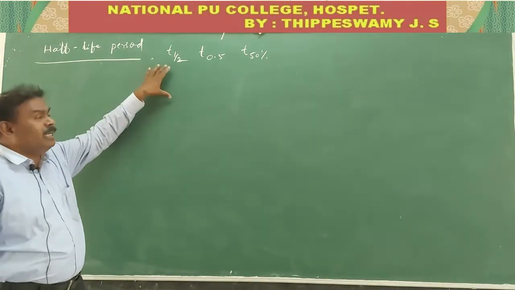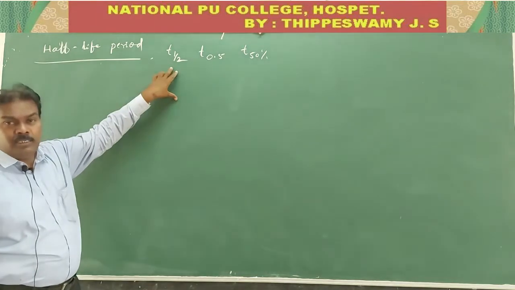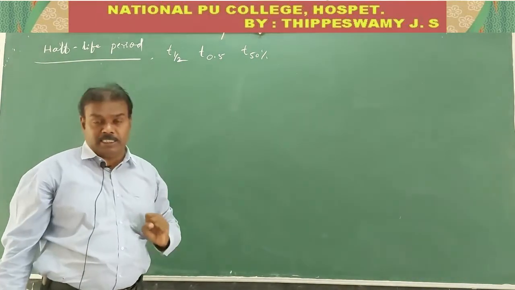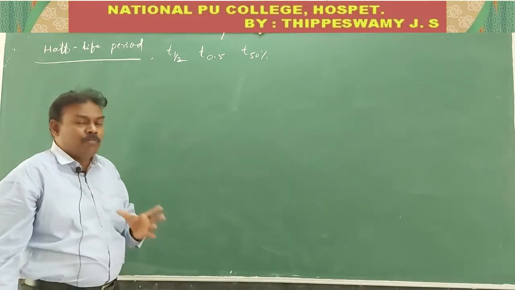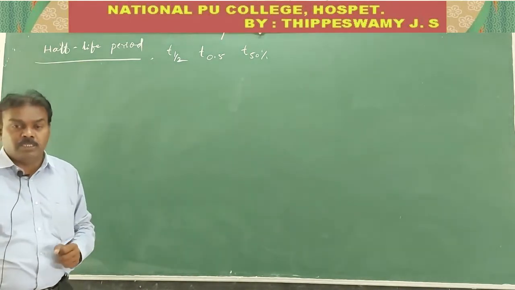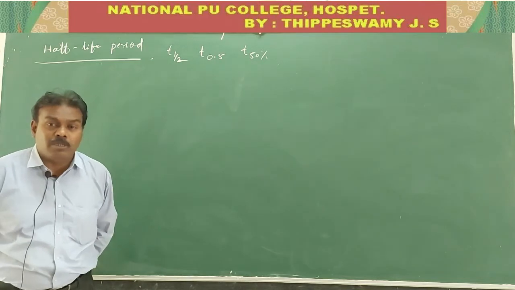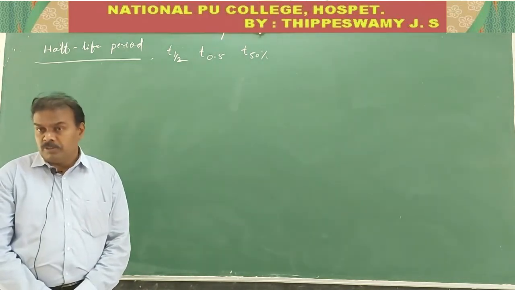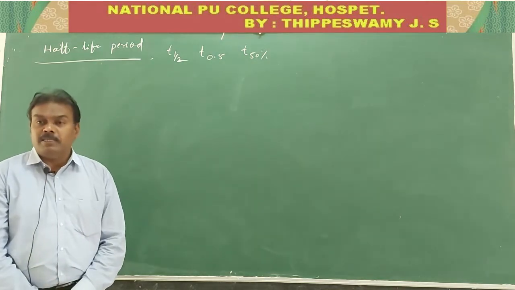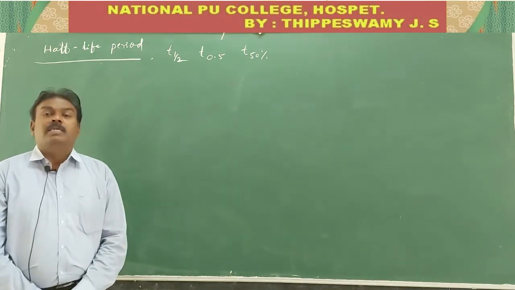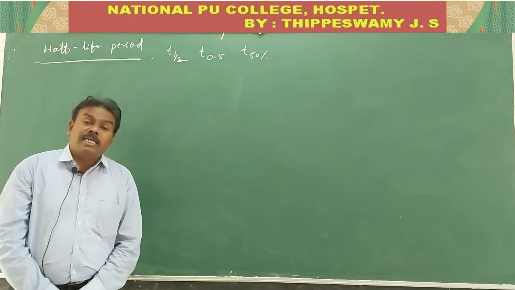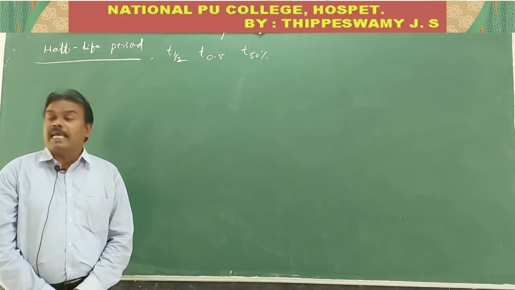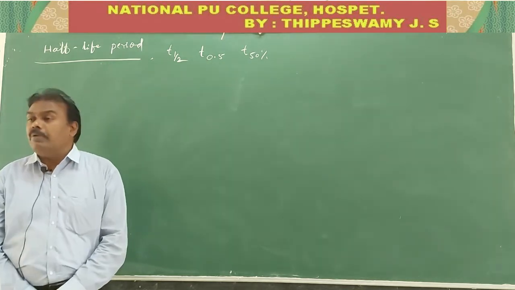It is totally 50% completion of the reaction. The time in which 50% of the reaction is completed is called the half life period of the reaction. Yes, remember the definition once again. The time in which molar concentration of the reactants is reduced to exactly half of its initial value is called